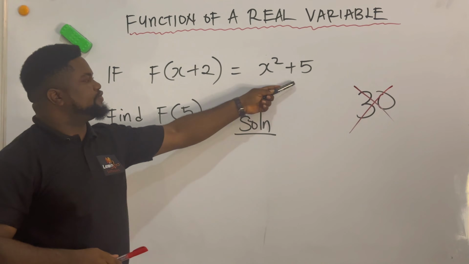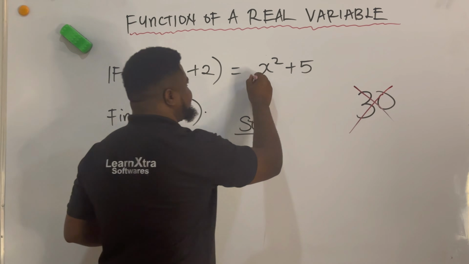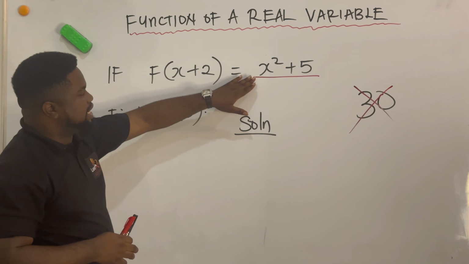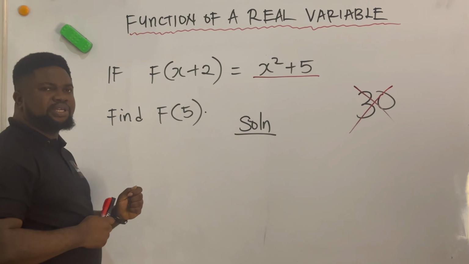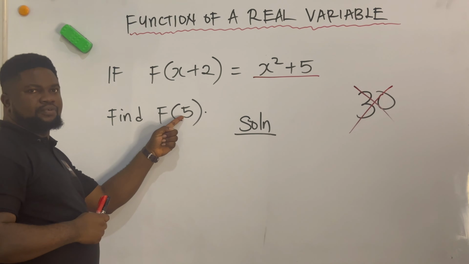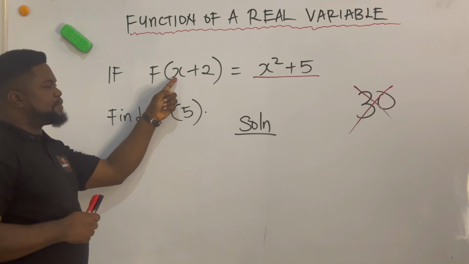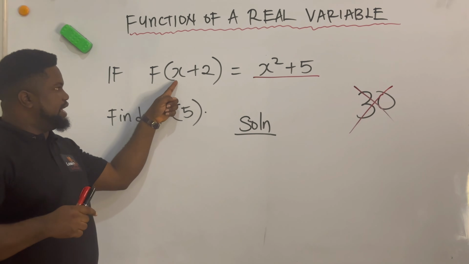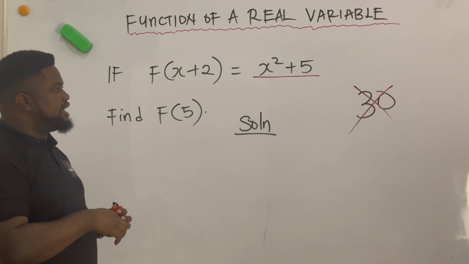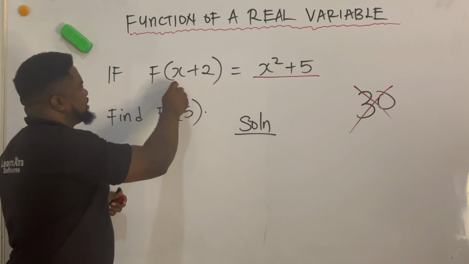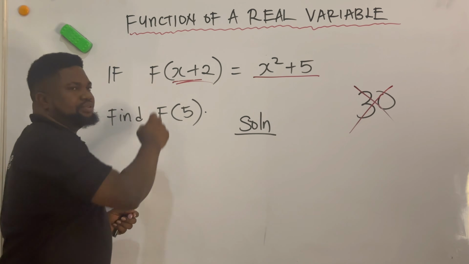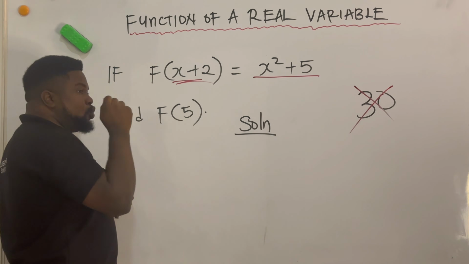x squared plus 5 is the rule of this function. The rule we shall use is the rule that says x squared plus 5. But our problem is the inputs. We need f of 5. But when you plug in 5 here to get 30, what you are getting actually is f of 7, because 5 plus 2 gives you 7. To obtain f of 5, which is the question,